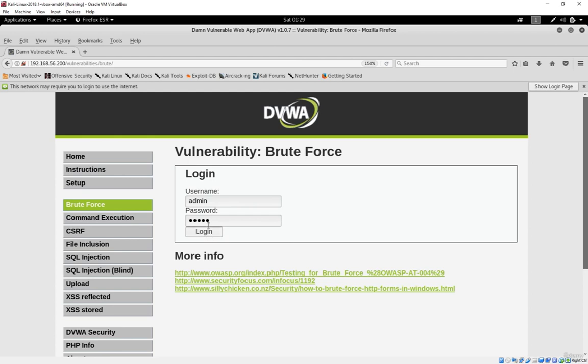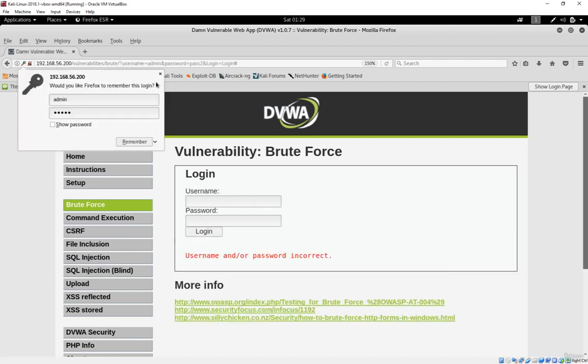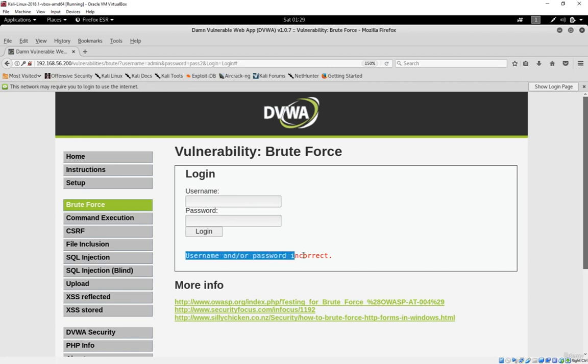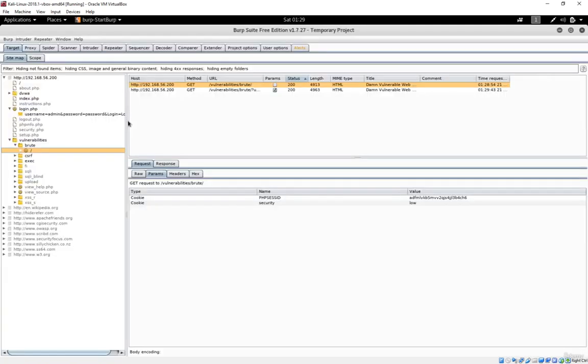It could be any username and password, just to inform Burp Suite about the parameters that are used as part of this section. And if I click OK, you see that the username and password is incorrect, which is fine, but it's already discovered by Burp Suite. I go back there